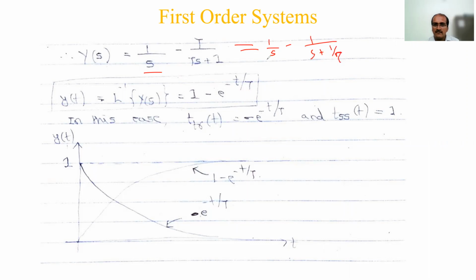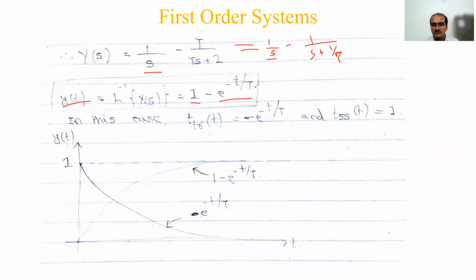So now we apply the inverse Laplace transform. What is the inverse Laplace transform of 1 by s? Y of t, time response, time domain analysis means y of t, is the inverse Laplace transform of Y of s. Individually, the inverse of 1 by s is 1. And for this one, if you write like this you will not understand, so write one more step in your notes: 1 divided by s plus 1 by tau is nothing but 1 by s plus a form, e to the power minus at. A is 1 by tau, that's why minus t by tau. So the total response is 1 minus e to the power minus t by tau.